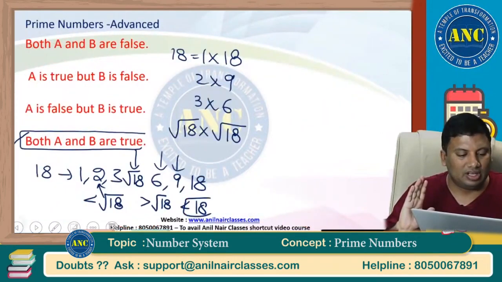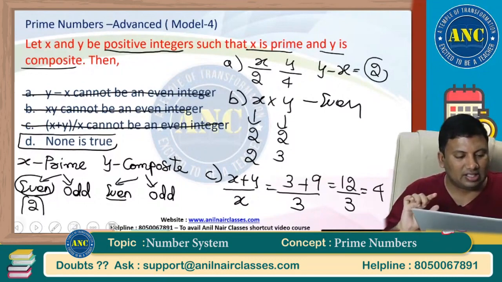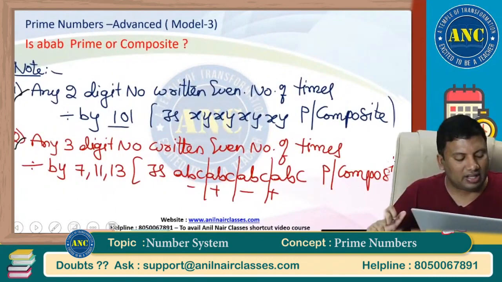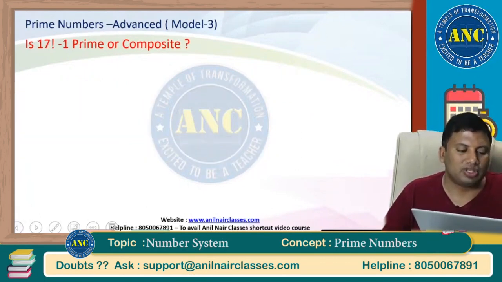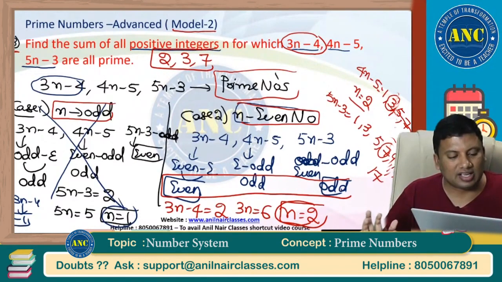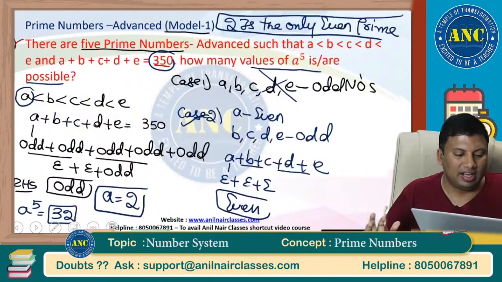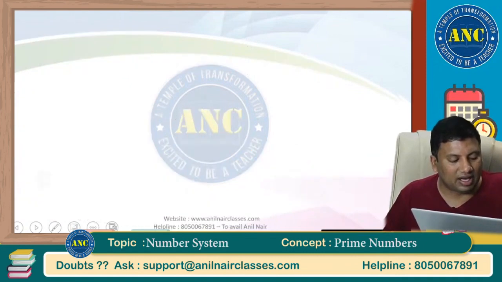Next one. This question we have already done. X is a prime number, even and odd. X is a previous year CAT question, sir. How to check whether a number is a prime number or not? Divisibility rule for 7, 11, 13, 37. Divisibility rule for 101. By using Wilson's theorem, how to check? Or even and odd, how to check? How to find out the values such that the given numbers are prime numbers by taking n even, n odd. The sum of an odd number of odd numbers is always an odd number. These are the fundamentals. Again, we will have one more